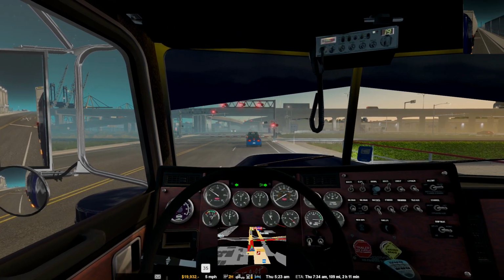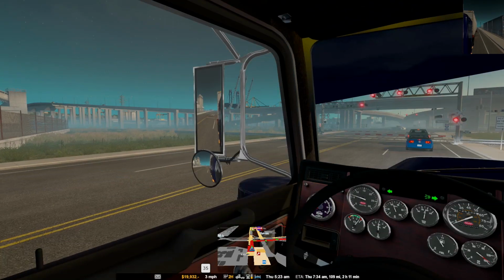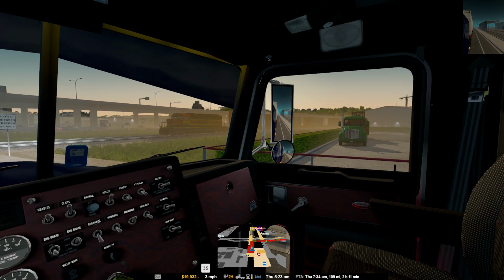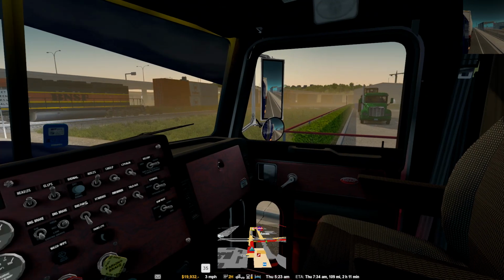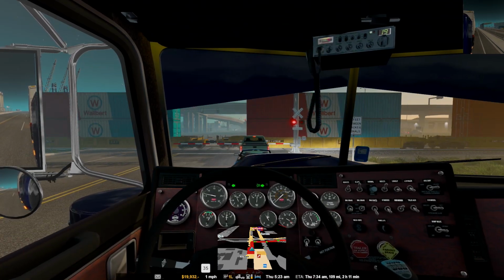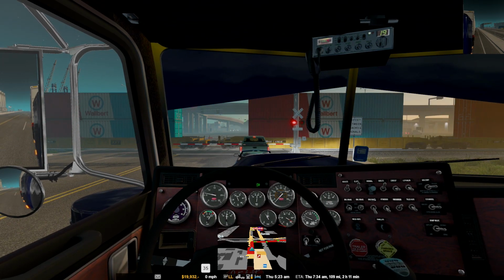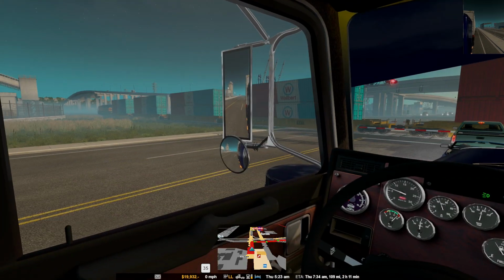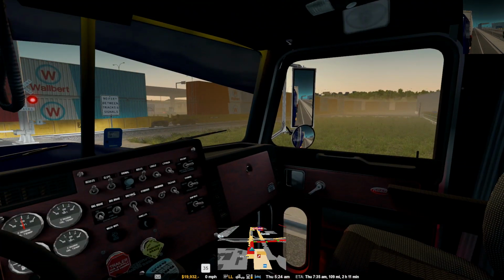We'll go ahead and we'll stop for a minute. This will be like a quick metro train. Nope, I stand corrected. Appears to be a freight train. We'll see how long this takes. Looks like it's gonna be a long one, so... Well, I guess while we're sitting here waiting for this thing...